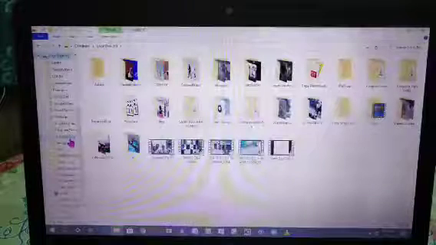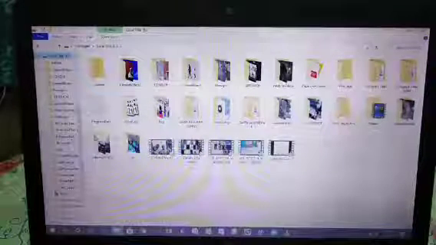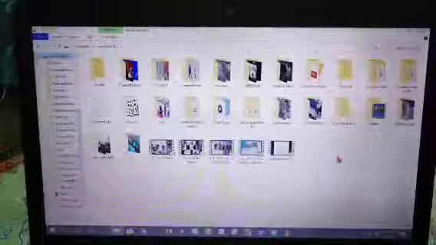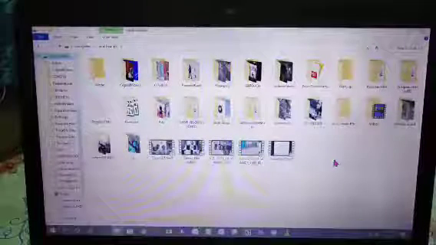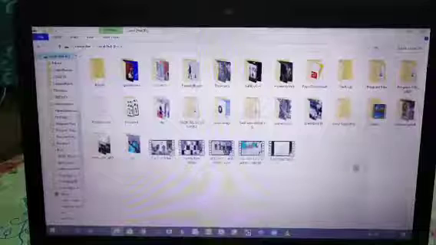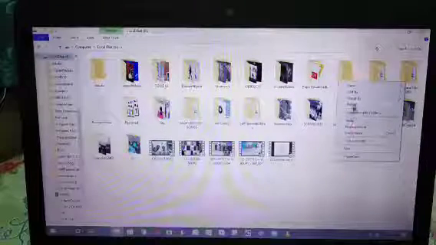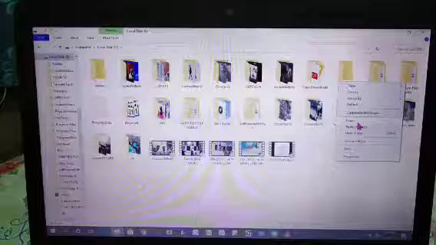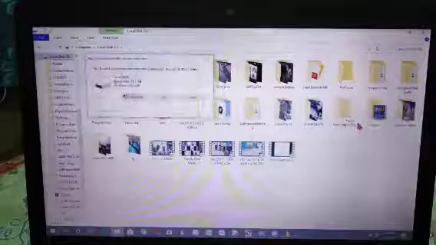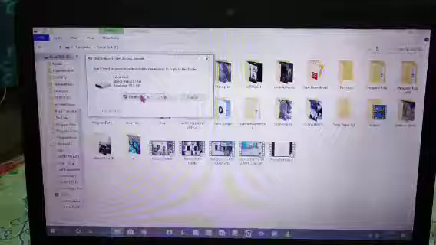So we are now in F drive, that is your source location, and if you want to copy into E drive, you have to go to that location or drive first. So to go there in F drive, you double click there, and then here you have to right click on an empty space, like this is an empty space. So right click here, then you get an option like here, paste. So once you click here, you will get the file copied over here.